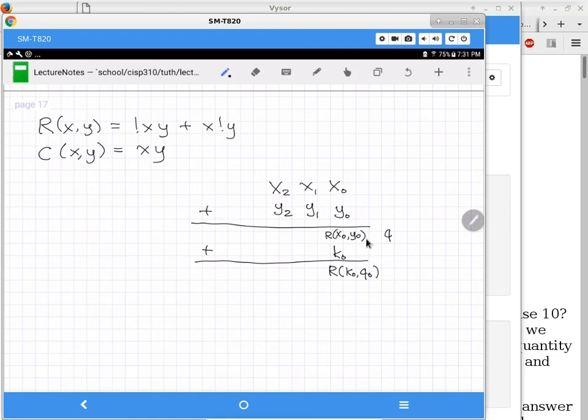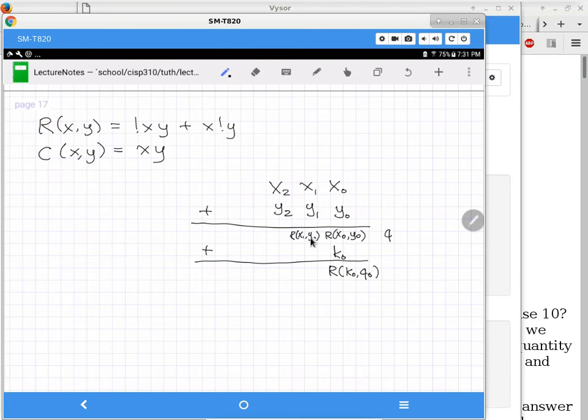So this is Q0, but instead of writing this whole thing, I'm just going to use Q0 here because it's easier to write. Is that okay? And then we want to figure out what goes here. That's a pattern, right? So this one is just R of x1, y1,